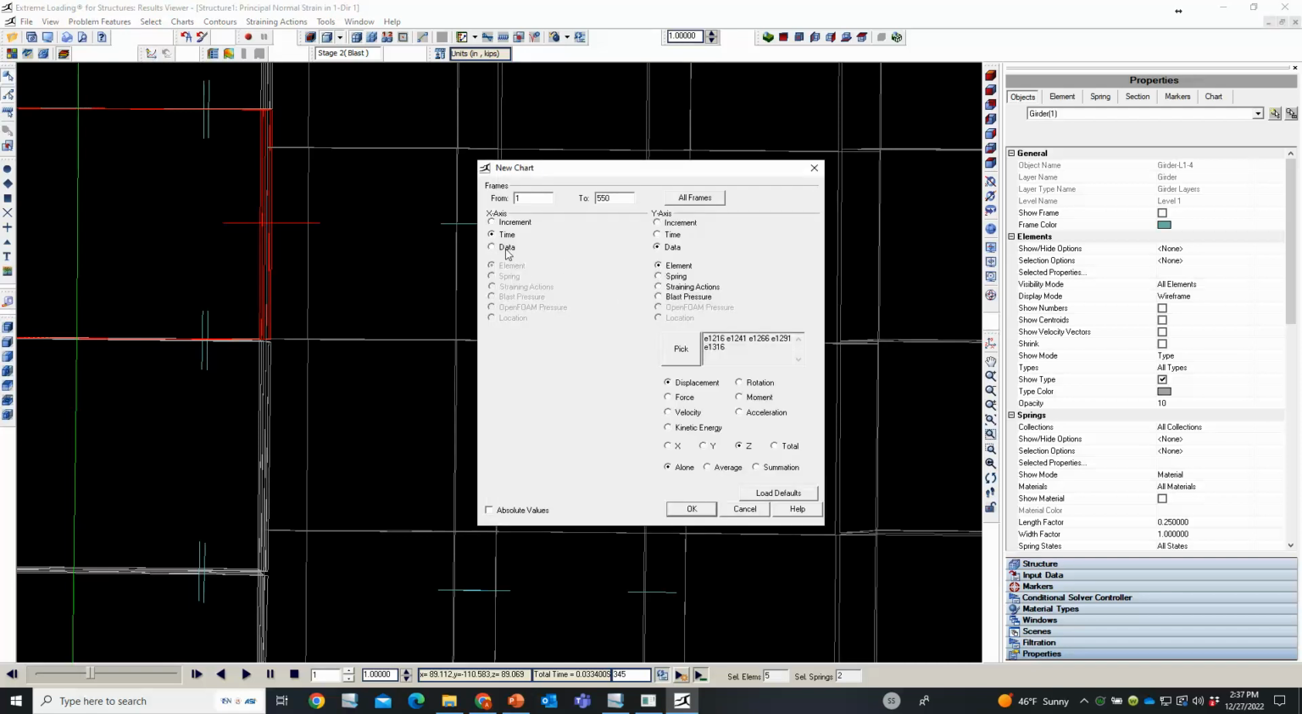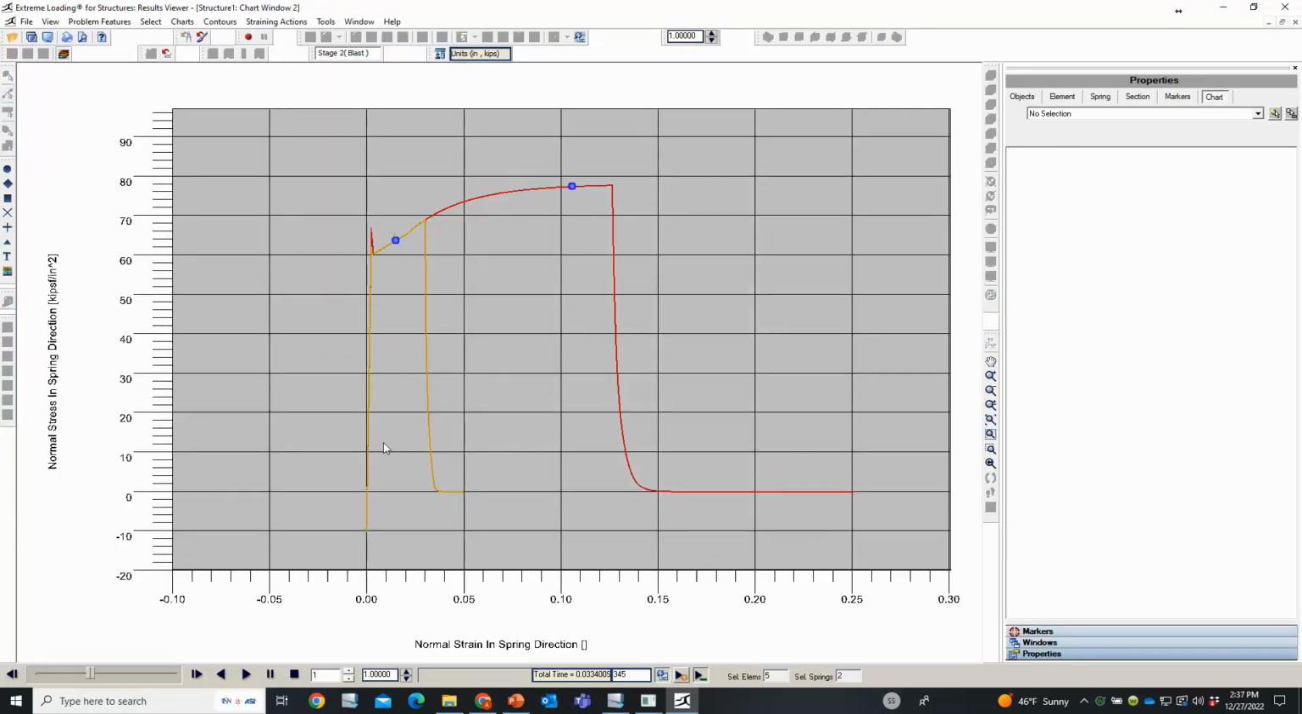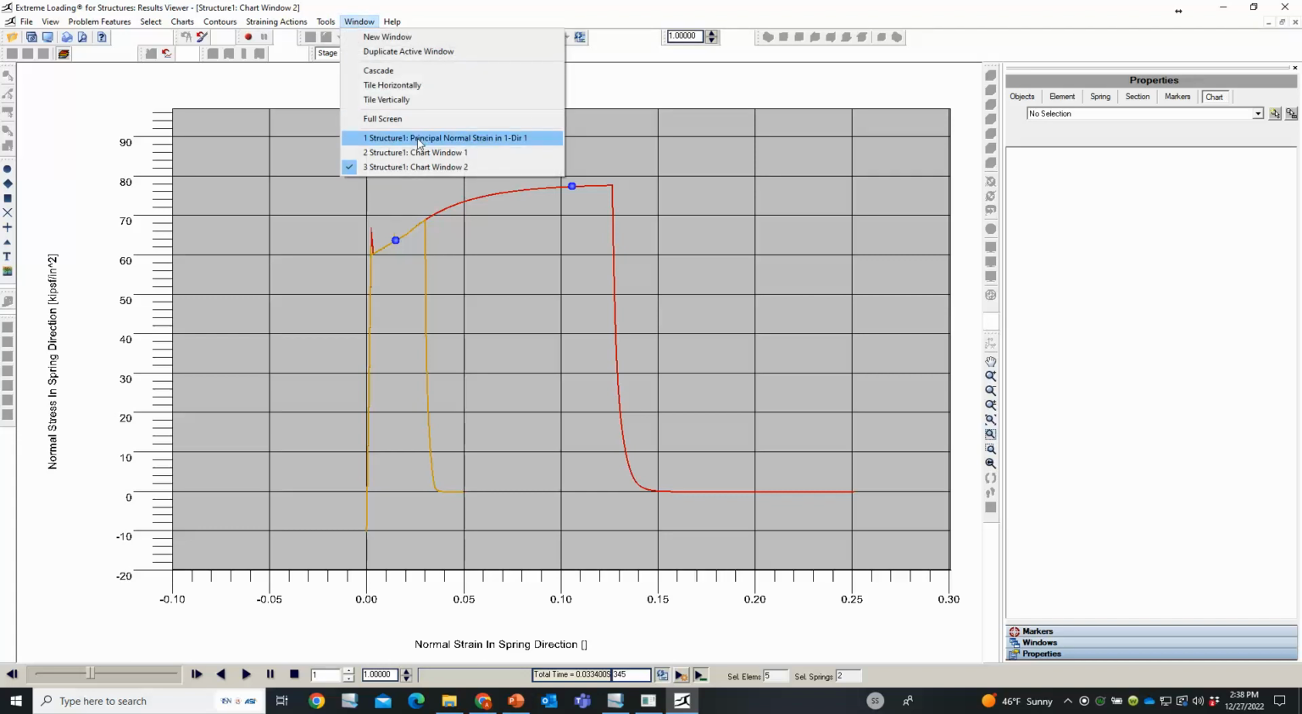So I'm going to plot here a relation between spring strain versus stress, and click OK. So we see here that it went to the hardening. One of them went to the hardening and then failed, and the other one probably failed due to shear failure in this spring. I think now we have covered most of the things,